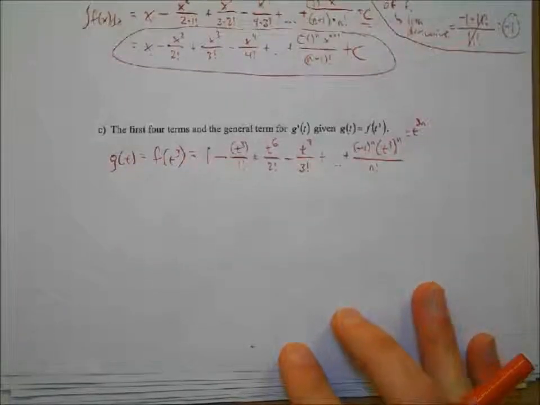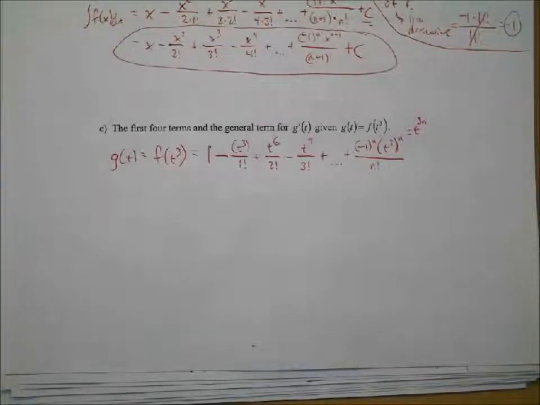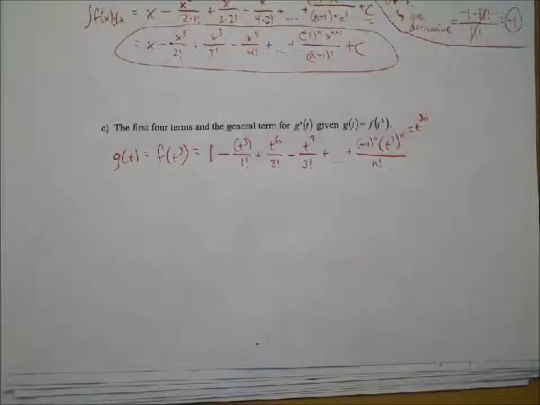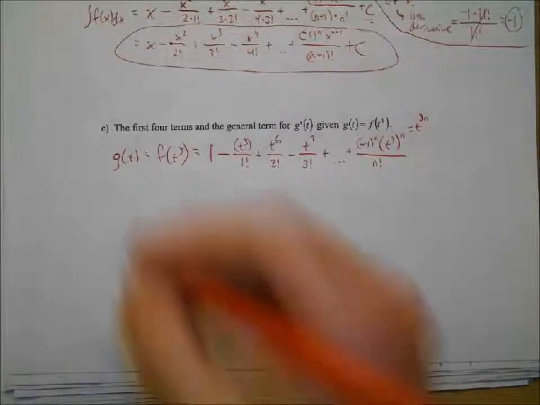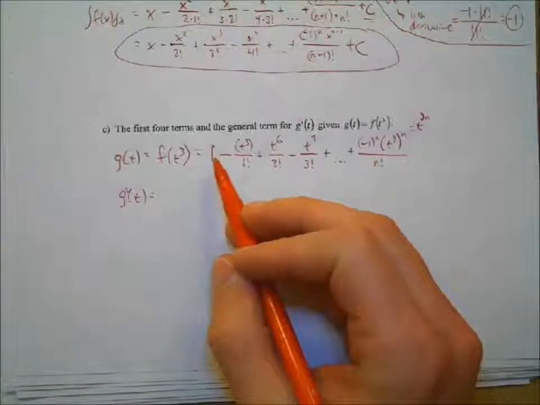So there's f of t cubed, which is equal to g of t. We're not interested in g of t. We want g prime of t. So that means what do we need to do to this? Take the derivative of each individual piece. So we'll find g prime of t then, which is equal to the derivative of, and maybe I'll line this up better here,